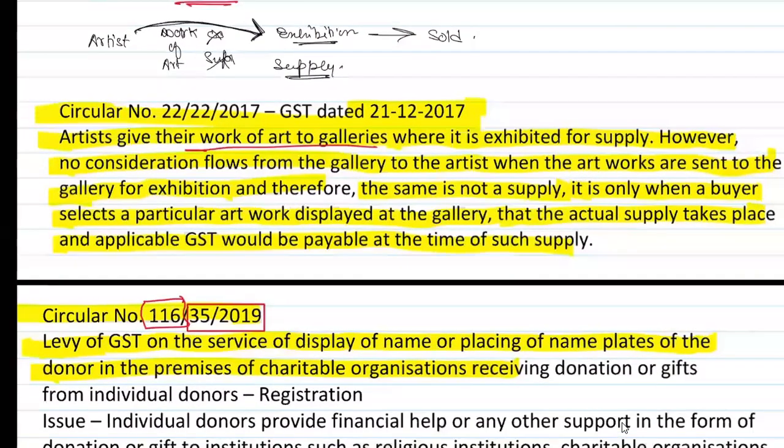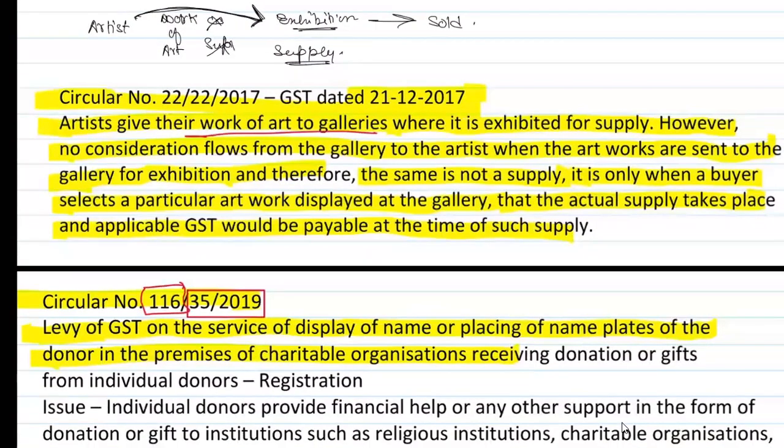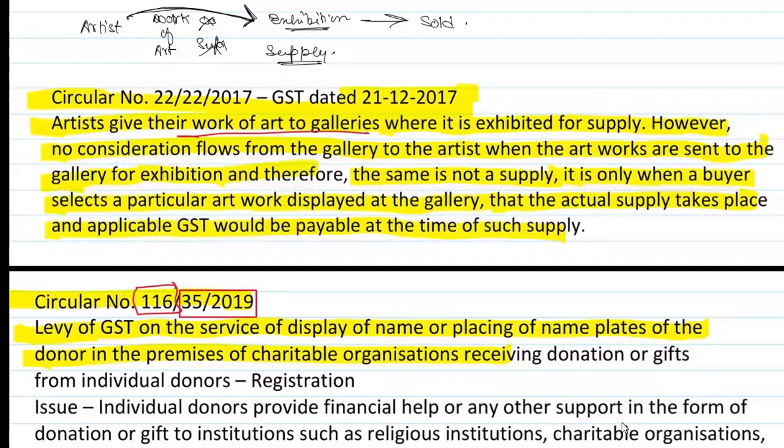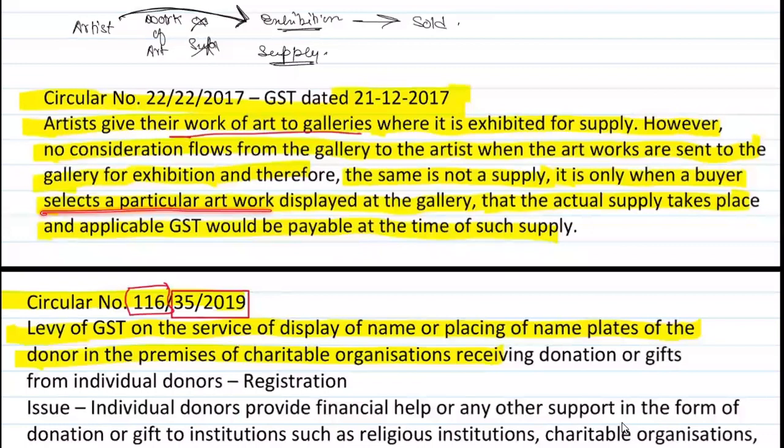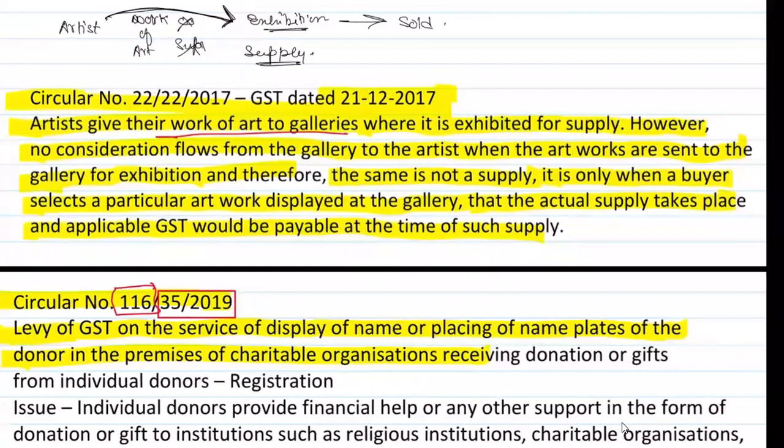Now let's read it out. However, no consideration flows from the gallery to the artist when the artworks are sent to the gallery for exhibition, and therefore the same is not a supply. It is only when a buyer selects a particular artwork displayed at the gallery that the actual supply takes place, and applicable GST will be payable at the time of